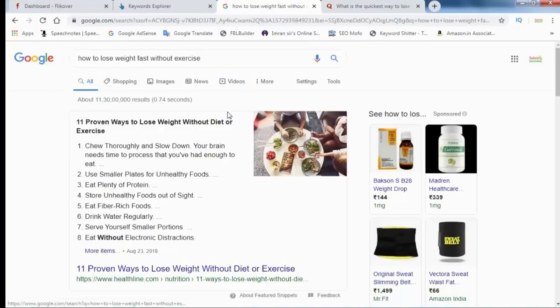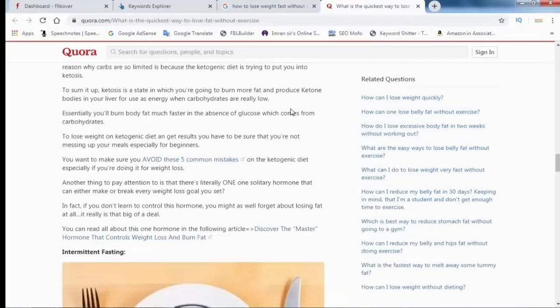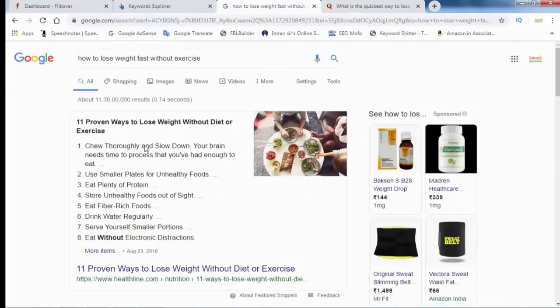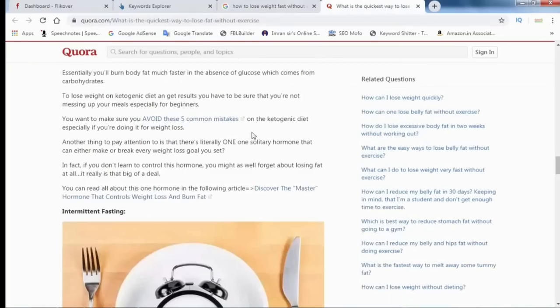And the second thing, if people come from referral traffic, for example, this is Quora, and you can also check many websites where people comment and get a backlink, this is the referral traffic. Google also allows referral traffic to your website.